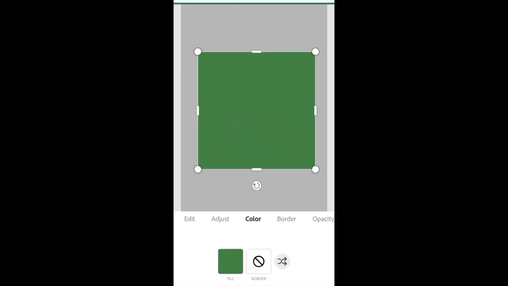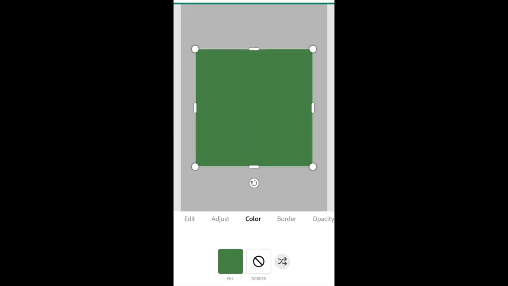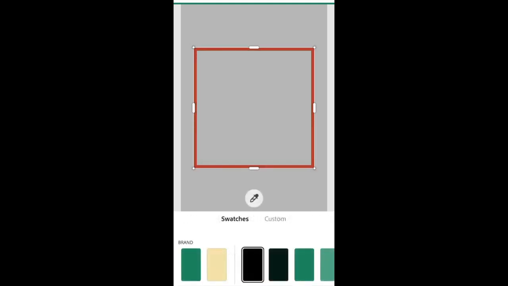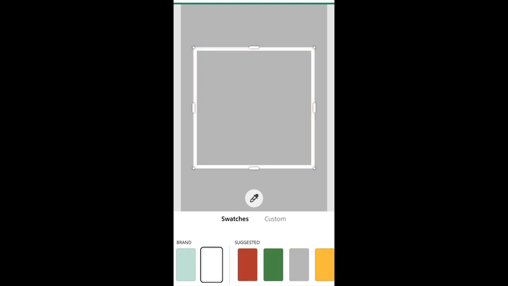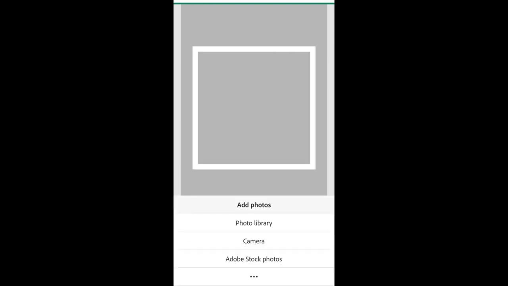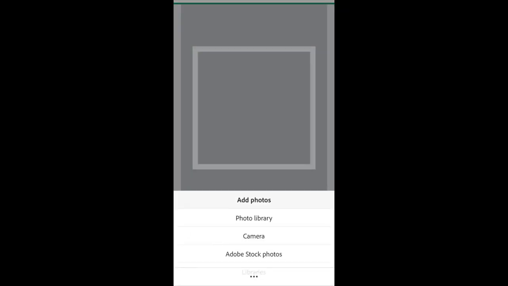As you see, we're going to add a square. Let's remove the color because we don't want any color in it, but we do want a border. So let's select the border color, make it white. Okay, let's just increase the border size because it looks a bit better this way. Okay, what we're going to do now is we're going to introduce a